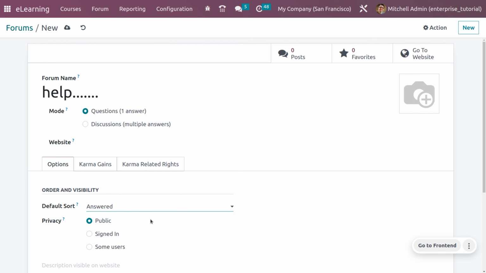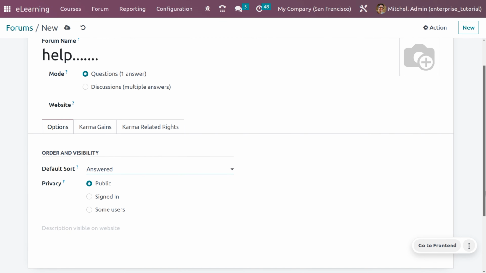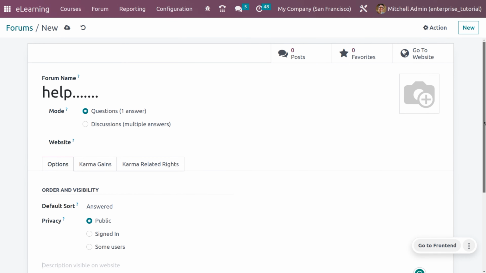And you can also set the privacy policy as public, signed users only, or some specific users only. If you want to provide any description to be visible on the website, you can provide it here. I'm leaving the privacy as public, so any users can get into the forum and make changes or create